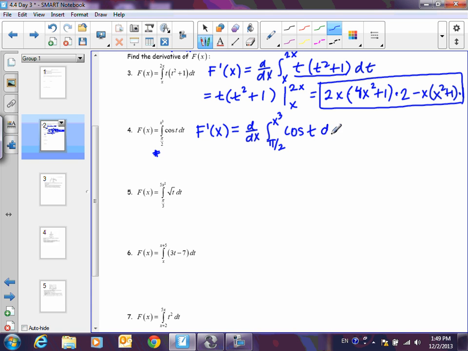And the nice thing about this theorem is you don't really have to do a lot of work. Like, you don't have to do the derivative. You don't have to do the integrating. Okay, the derivative and the integral do cancel, but you still have this idea of I've got to plug in my numbers or functions. Okay. So when I plug in x cubed, I've got cosine x cubed, but I need to turn around and multiply it by the derivative of x cubed, 3x squared, okay, minus